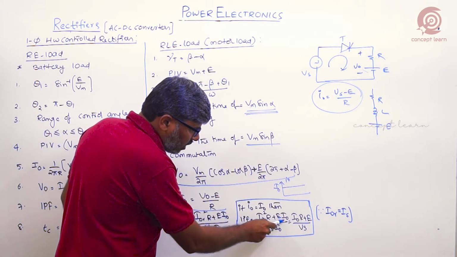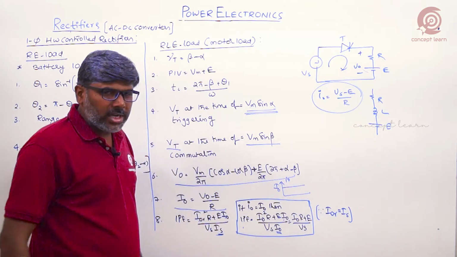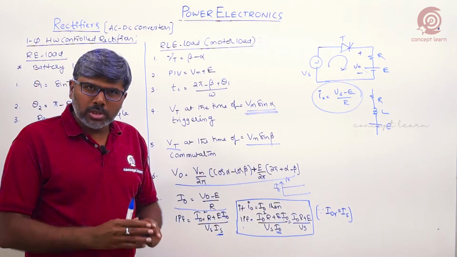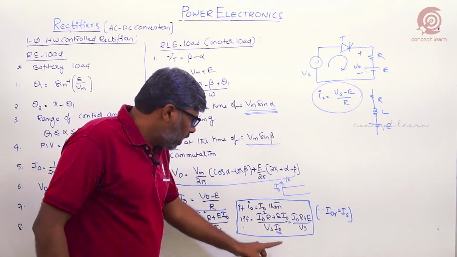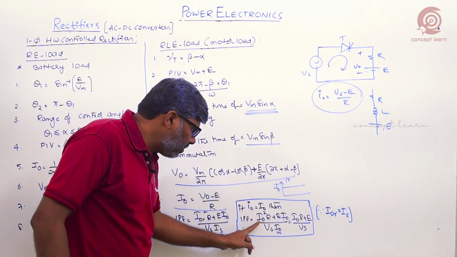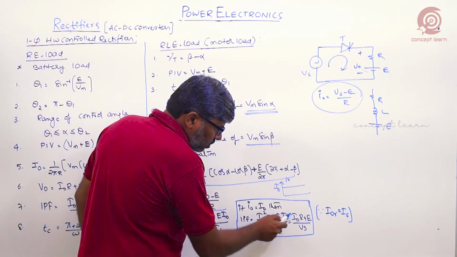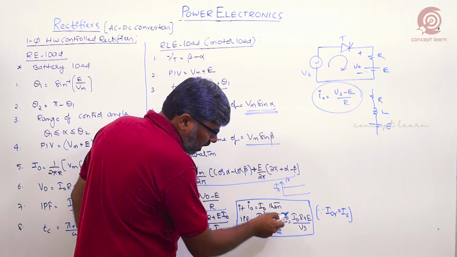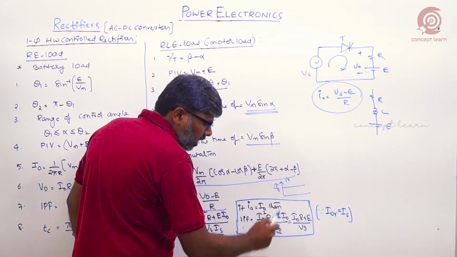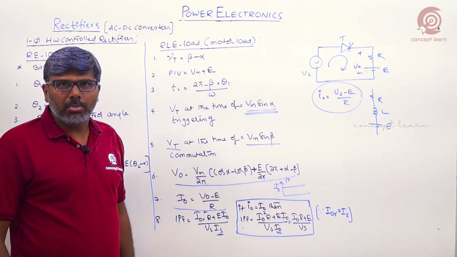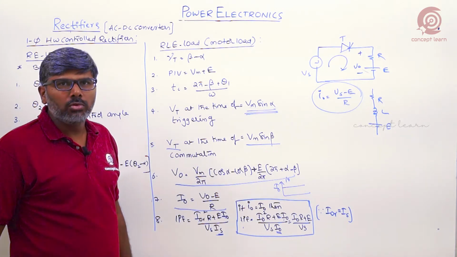Why is the supply current I0? In this half wave rectifier connection, the source RMS is the same as the load RMS. Now what is the load RMS? I0 RMS is equal to I0, right? Now substitute these values, and if you take I0 as common in the numerator, I0 and I0 will cancel. Then the final expression is the input power factor equals (I0 into R plus E) by Vs. With this formula we calculate the supply power factor of this half wave rectifier converter feeding a motoring load.